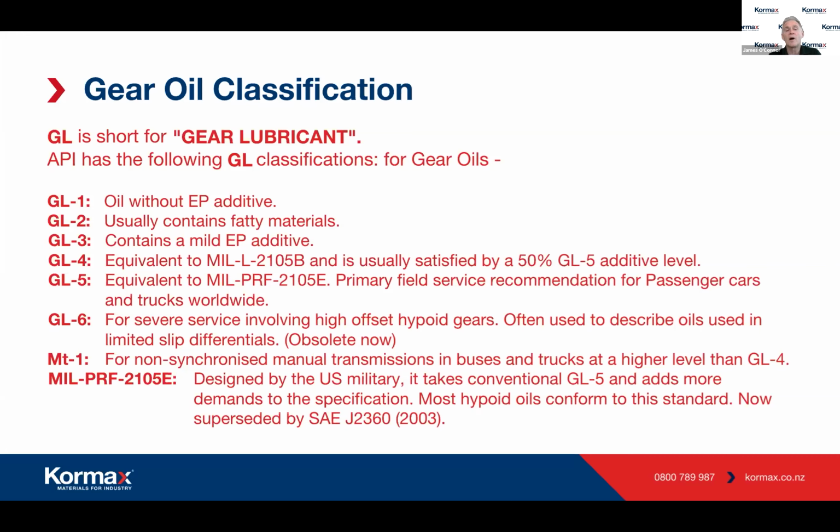GL3s contain mild EP additives. And GL4, which is the equivalent to the mil spec, the 2.05 spec, usually sits at around 50% of the GL5 additive level. So GL3 and GL4s are really where most industrial gear lubricant sits, somewhere around that area. With GL5 type products, we're now moving into the area of automotive lubrication: very heavily loaded, highly offset differentials, lots of